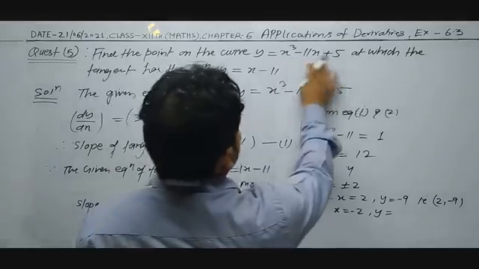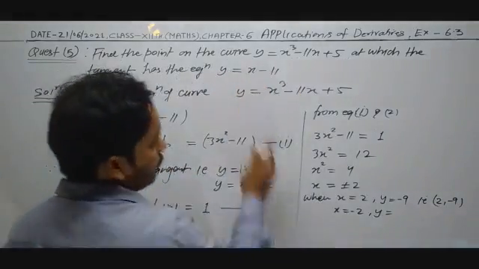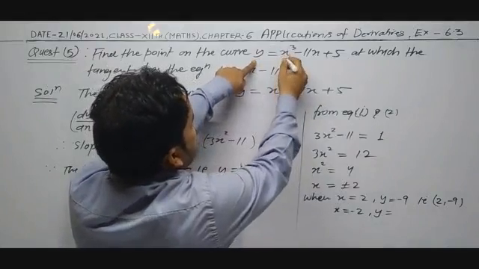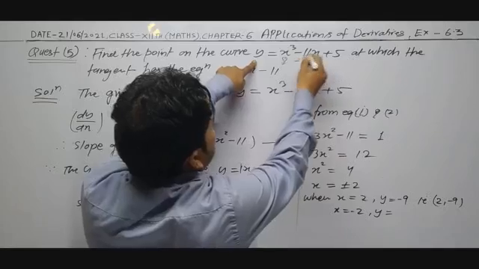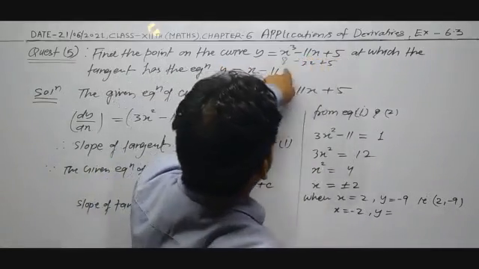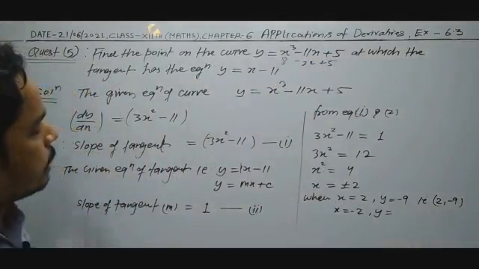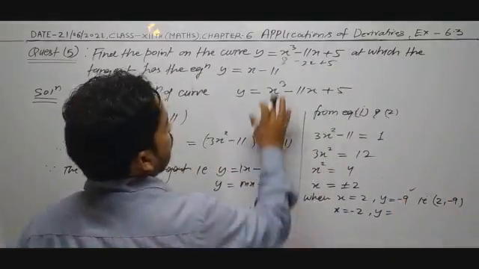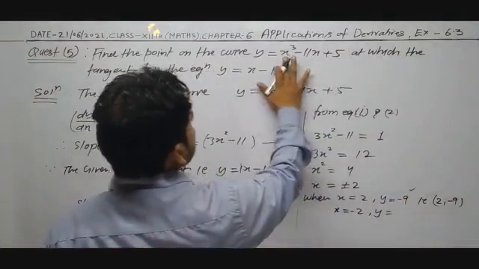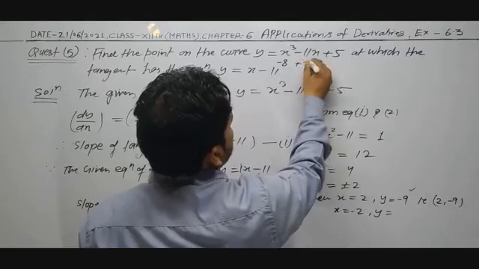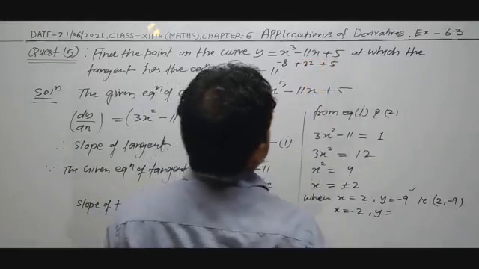In this equation you have to put x is equal to 2. This result will be 8, this result will be minus 22, and this result will be 5. And 13 minus 22, the result is minus 9. So this is correct. And when you put x is equal to minus 2, you will get minus 8, and plus 22 and plus 5.